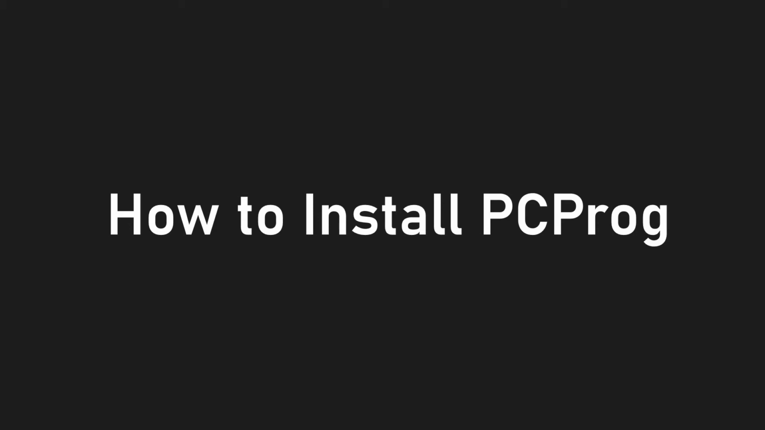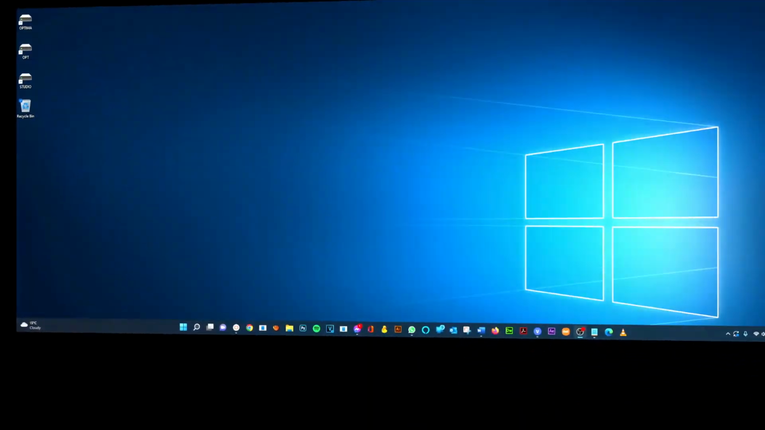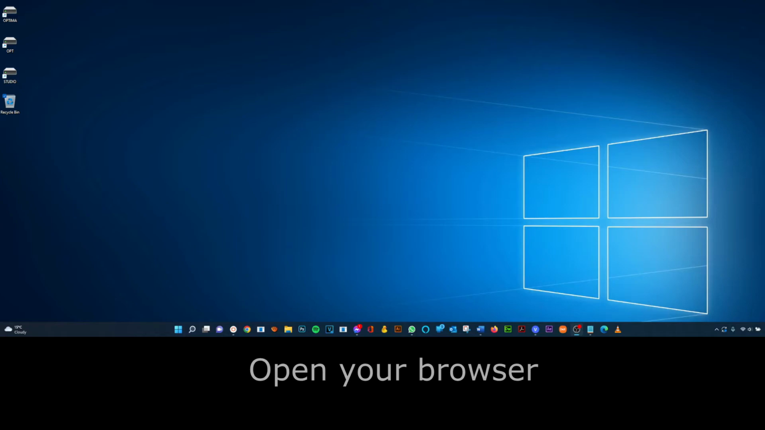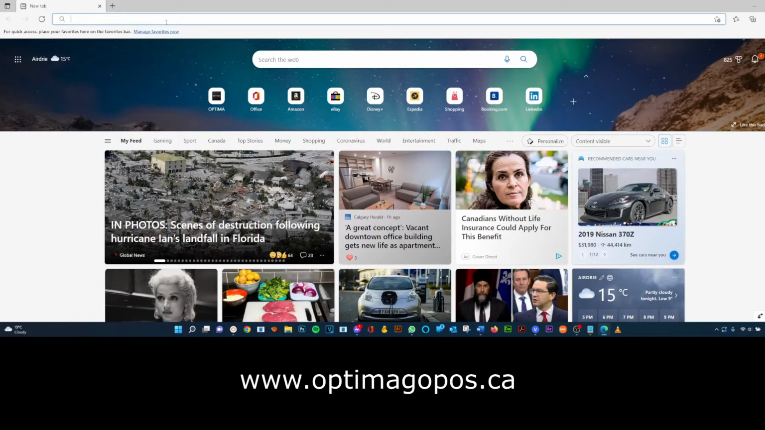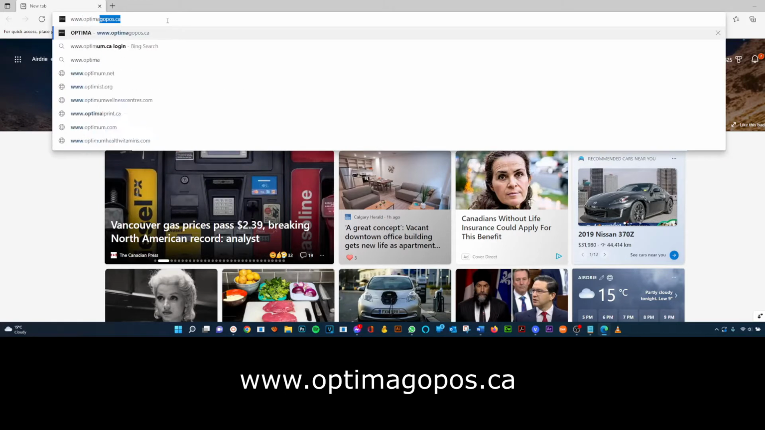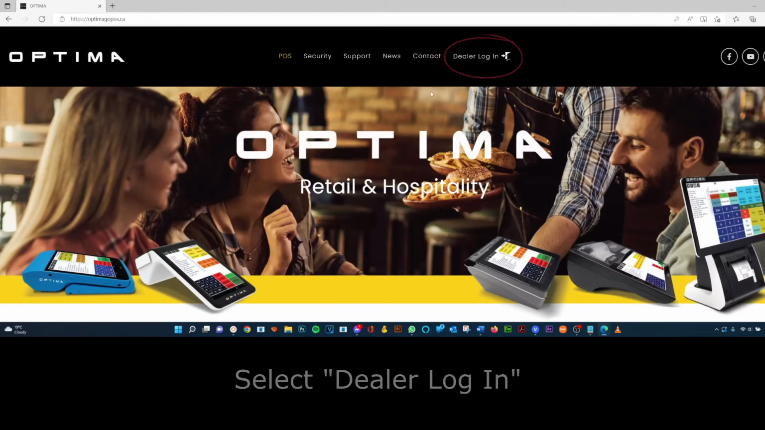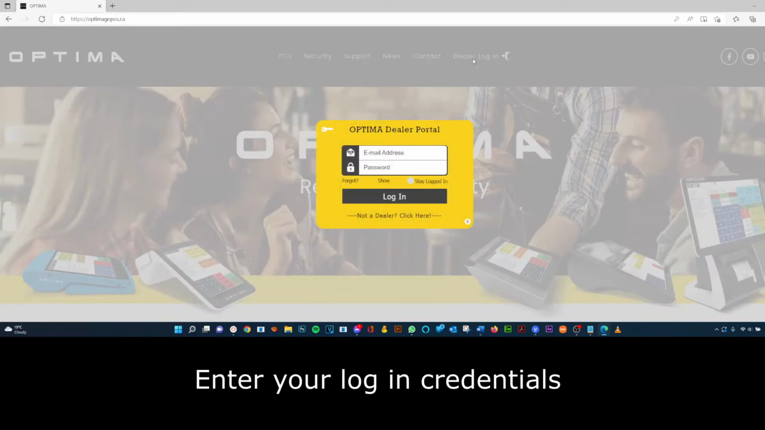Okay, welcome back. Now I'm going to show you where to download the PCProg software and then how to properly install it. First, we need to download the PCProg software. So on your computer or laptop, open your browser and visit Optima's official website here at www.optimagopos.ca. Then at the top here on the main menu, select Dealer Login right over here and enter your login